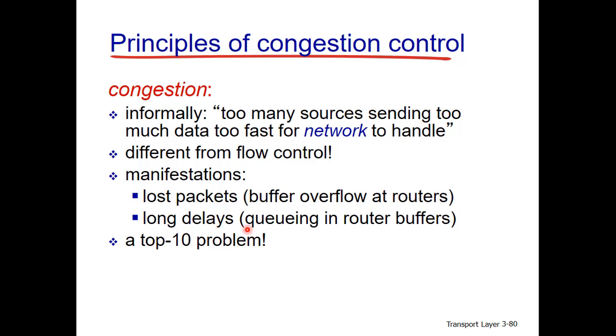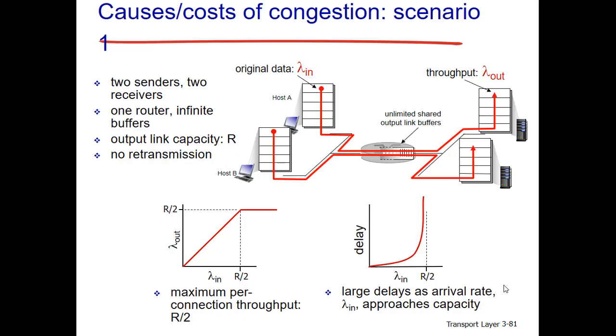Once congestion occurs, packets get lost, and retransmission is going to increase in the network. And the other is long delays. ठीक है, अगर congestion occur होने के करीब है तो delays increase हो रहे होंगे. More packets router की input के ऊपर wait queues के ऊपर wait कर रहे होंगे, that increases the router queuing delay. So let's talk about causes and cost of congestion, and we discuss multiple different scenarios.